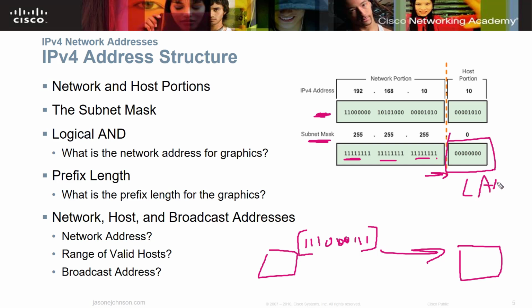That's the way I remember it. That's your LAN portion over here. You'll hear everybody say host portion, but it always clicks with me when I say that's my LAN portion. Everything on this side right here can see each other. Everything on that side is in a separate network.